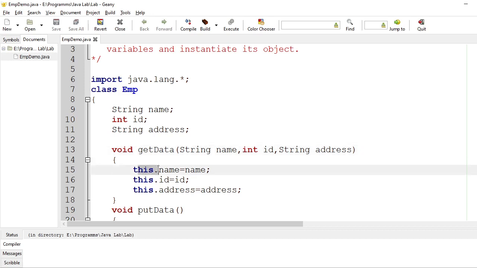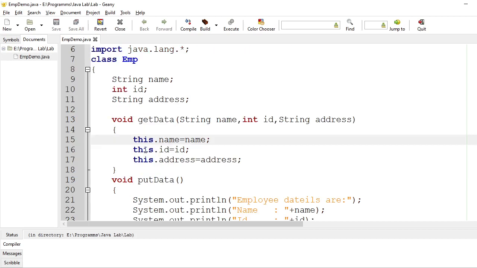Here I am using a keyword called this. Here this means the object of which this instance variable belongs. The parameter is initialized to the instance variable. Likewise this.ID means the instance variable ID, into which the parameter variable is copied.